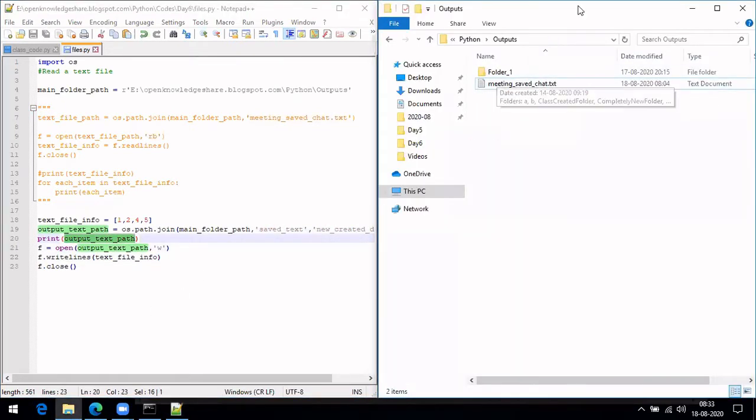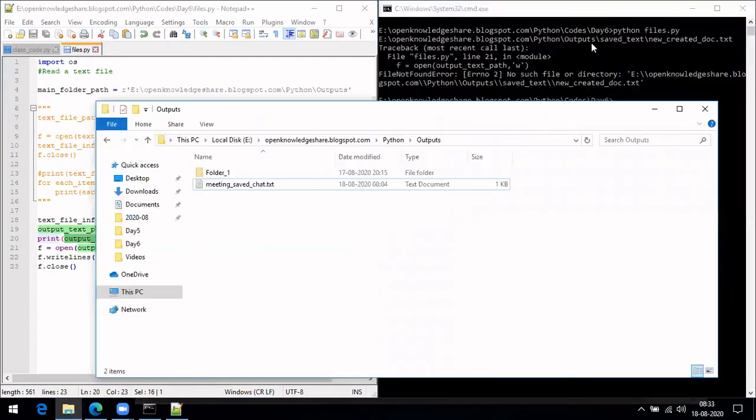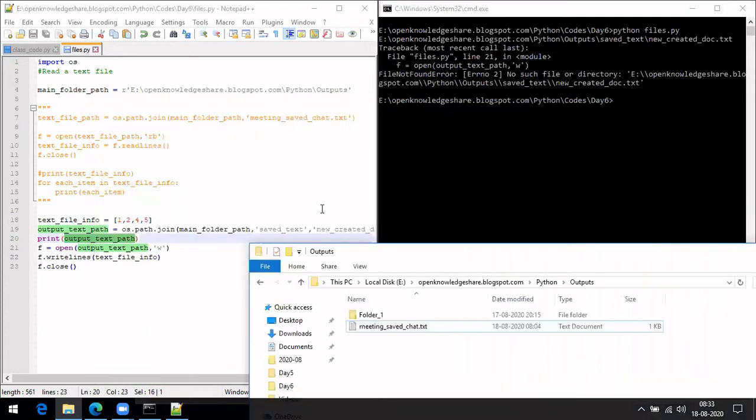So if you see here, we did not create this save with text, right? So that particular folder is not available earlier, and we are trying to save this text file newly created in that particular folder. But that doesn't work unless this folder path already exists before.